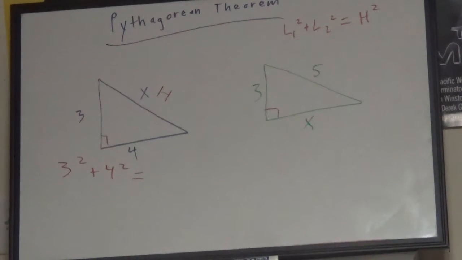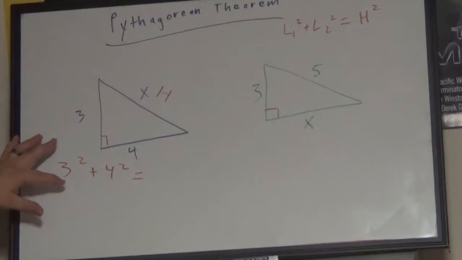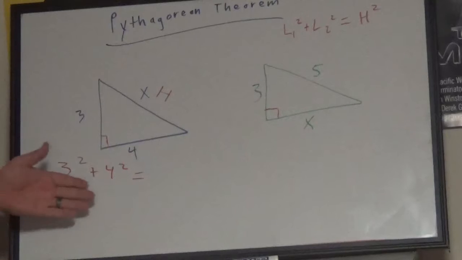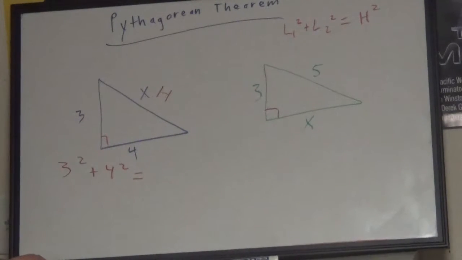When you don't have the hypotenuse, you're adding. Now, this math is pretty easy. 3 squared plus 4 squared is the same as 9 plus 16. 3 squared is 9, 4 squared is 16. I'm not even writing that down. And the reason is,